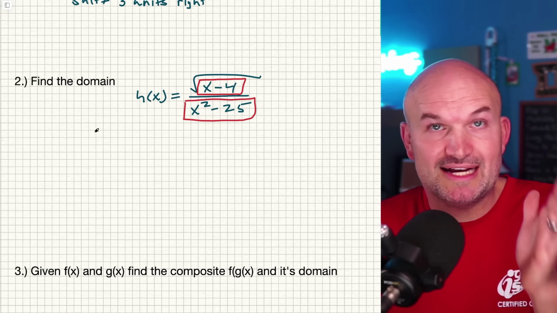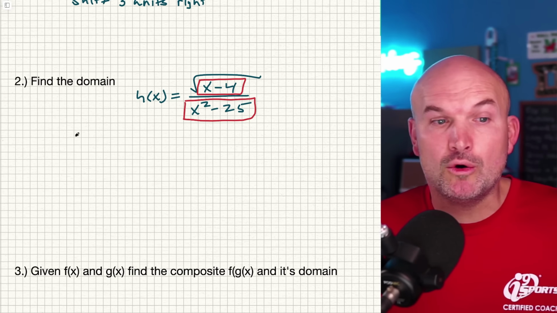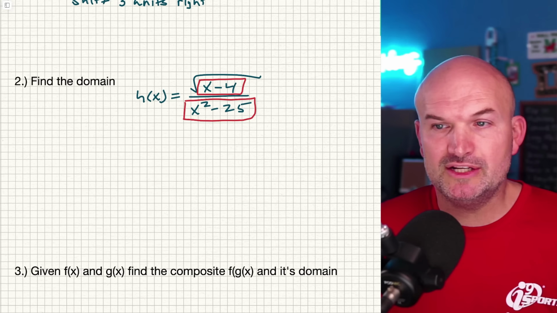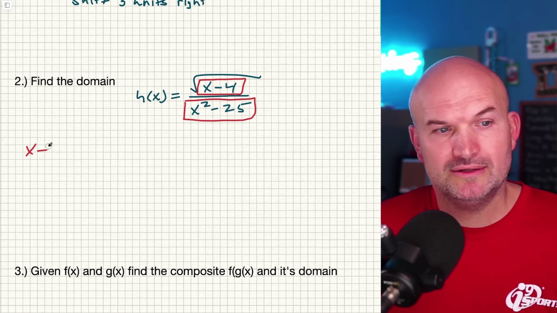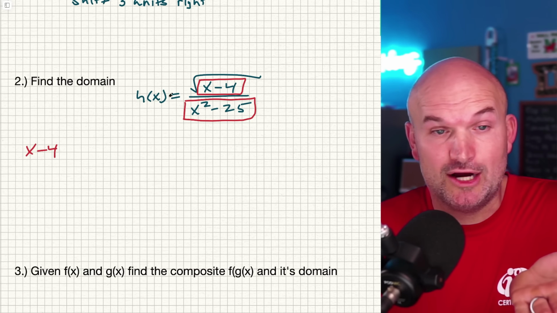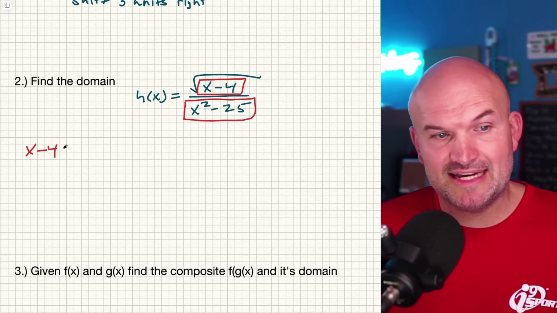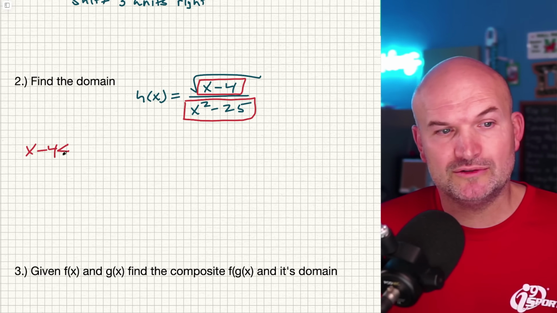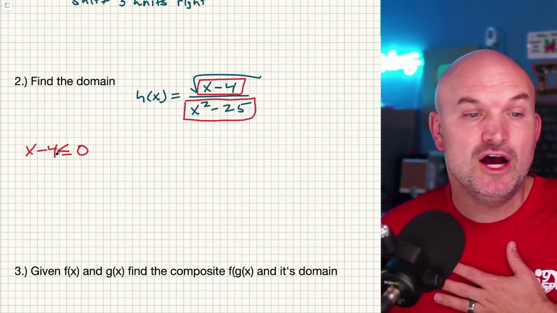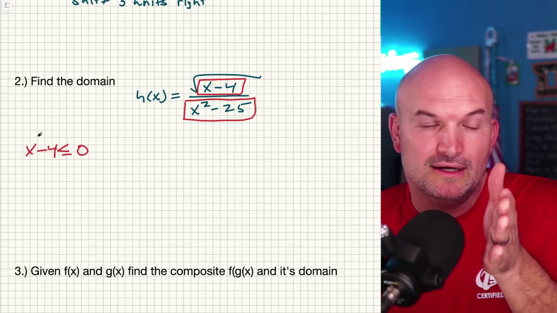So we know we cannot take the square root of numbers that are less than 0. So what I'm simply going to do is take my quantity that is under my radical, and I'm going to set that to less than or equal to 0, because I need to be able to identify all the values that are going to be